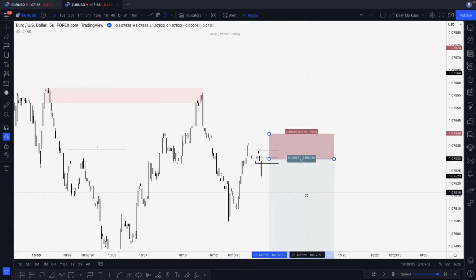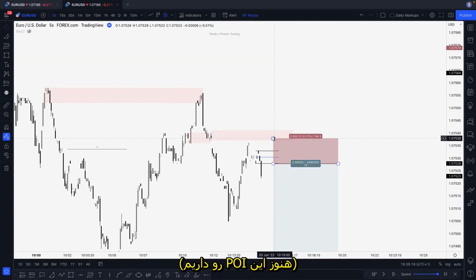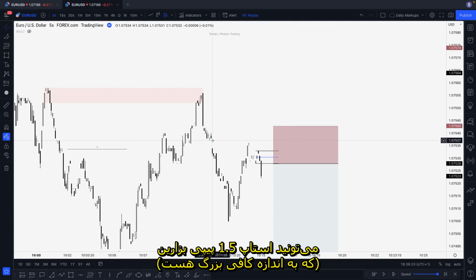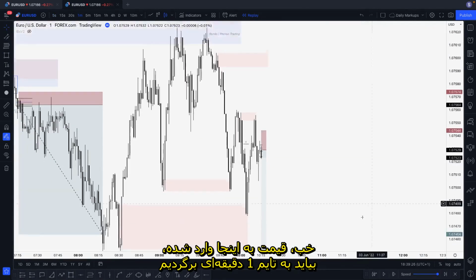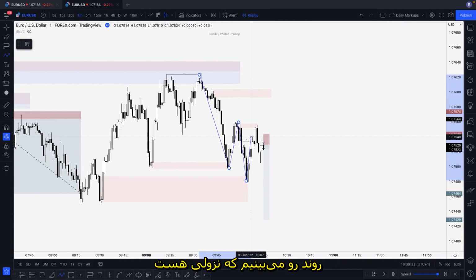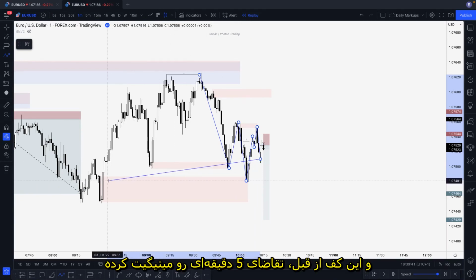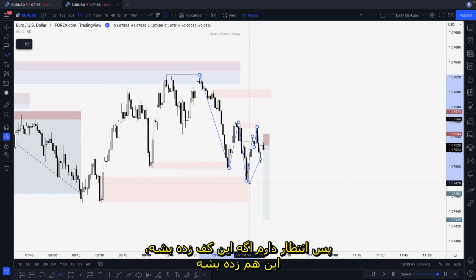Let me see. I personally was not sure if price would be reaching here. We have still this POI, so you can just use 1.5, it's more than enough. So price went here, you get involved. Go back to M1. What you have here on M1, we know that we are bearish. We have a push down, push up, push down, push up, push down, push up, push down. After this chop, we have the indication that at least this low goes, and this low already mitigates M5 demand, so a lot of orders have already been absorbed. So I expect that if this low goes, very likely the low will get run.